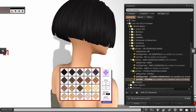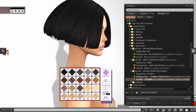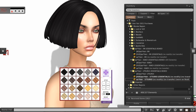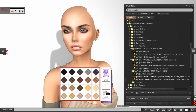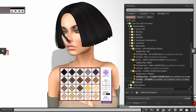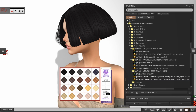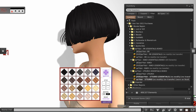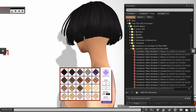And then we've got to the Utsuro. I want to pretend that I just said that so well. Okay, and then you've got the styling HUD for this one. It gives it a really fun sort of windswept look again. I like how it's more of a concave cut, so it's higher at the back, longer at the front. You could use hair bases, so let's just do that